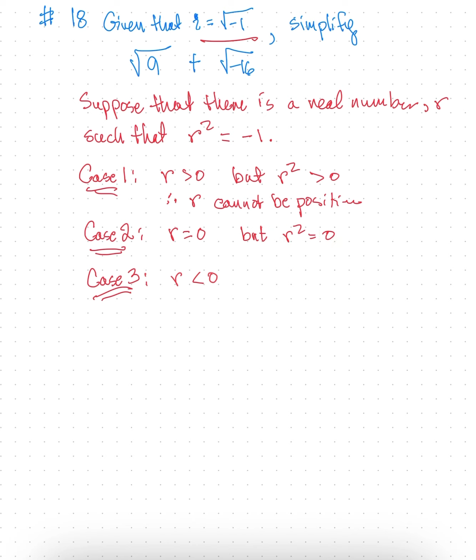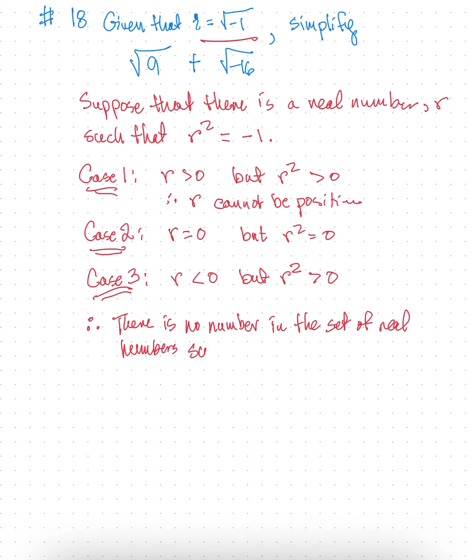If I take a negative number and multiply it by another negative number, or multiply it by itself, we would find that r squared is still greater than 0. Therefore, there is no number in the set of real numbers such that